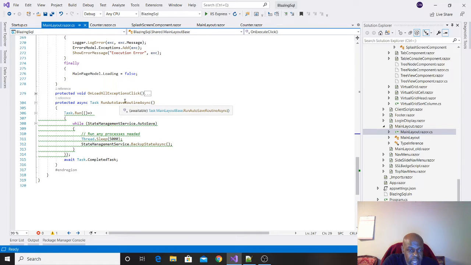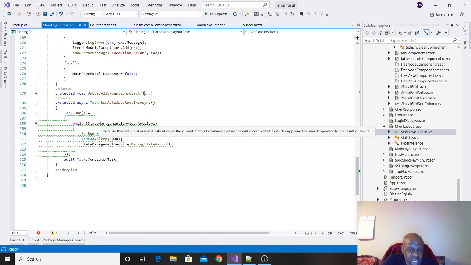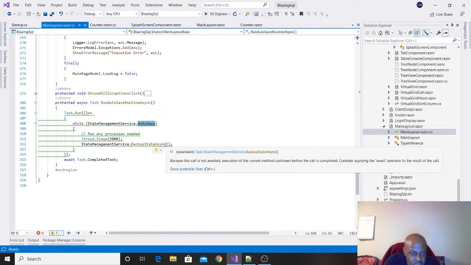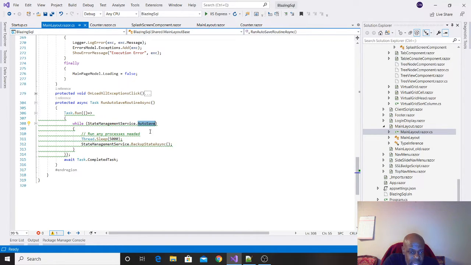And it runs a save routine, which checks my state for autosave, which I have an ability to turn on or off. It'll do a thread sleep for about 5 seconds, and then it basically will back up the actual app state to the database, and that only takes less than a second to do. So the state is serialized and is stored in the database.